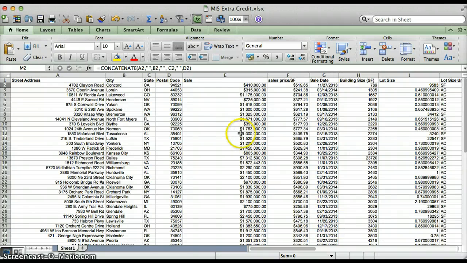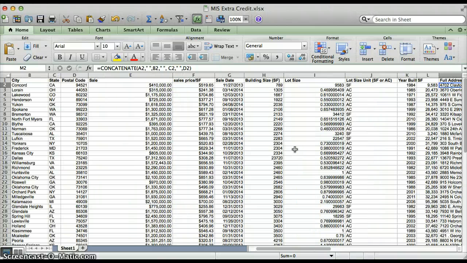Today we're going to be learning about using Google Fusion tables using information in Excel. Now, first thing we're going to want to do, we have all the information in Excel, everything we really need to make this Fusion table, but in order to make it easier on ourselves, we're going to want to concatenate the location information. So we're going to want to do the street address, the city, the state, and the postal code. We're going to combine them all into one column so it's easy to find and it's easy to